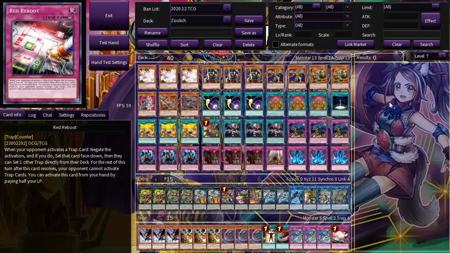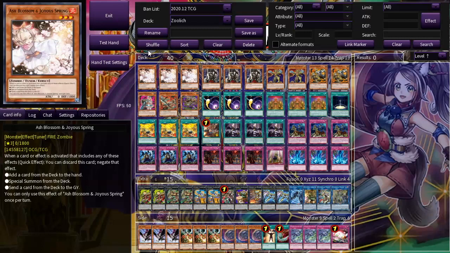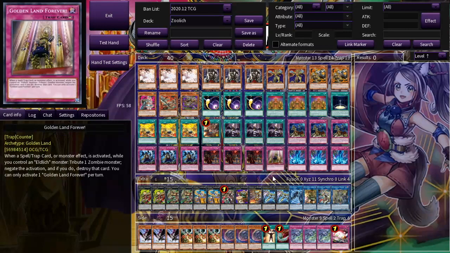Anything that's in this deck worth mentioning that's different from what people are used to? 2 main things. One in the main deck, one in the side deck. So in the main deck, I am playing Golden Land Forever, which is a little odd. So I'm playing a slightly bigger Eldritch package than standard, because I think that it's better for grinding in normal. Like, it's kind of a grind-heavy format to begin with. So being able to grind is very, very important. On top of that, it also helps you close the gap in grind games and